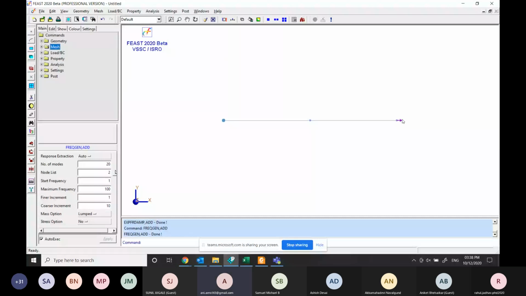Similarly, a mass element is also generated at node number 2 in order to represent the situation. And then in loads, we have applied a fixed condition to node number 1, and the load we have applied at node number 2, which is applied in the x direction.